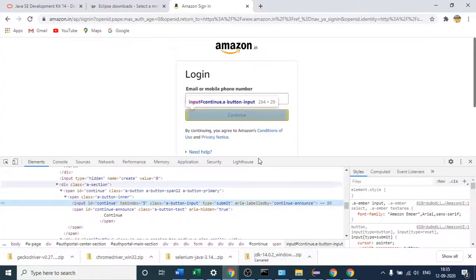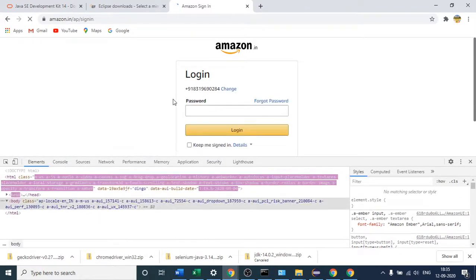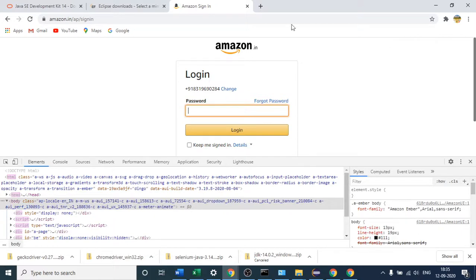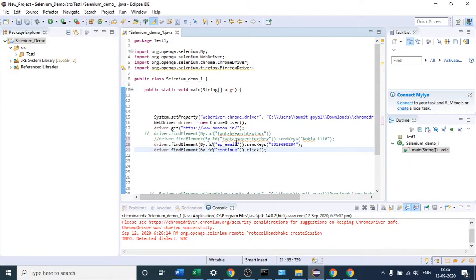Here it is. So after that, suppose I am entering some number, 831, this is the number, suppose, right? After I click this, it will redirect me to the password page. Okay, so this is the scenario we are automating with the help of Selenium, right? So this is the click method you have to use if you have to click on any button, and here we are using again the id locator.